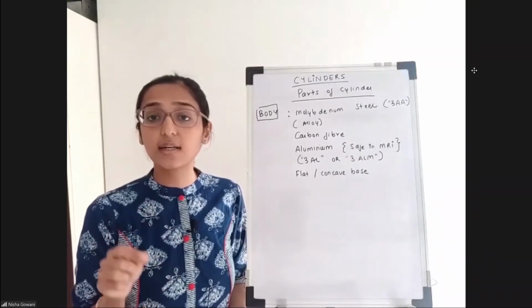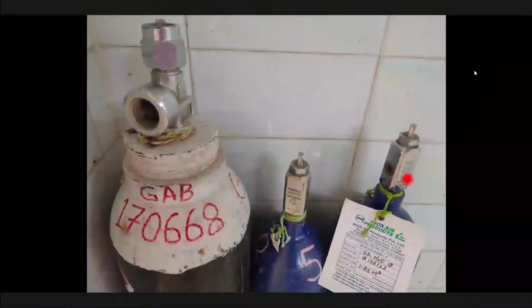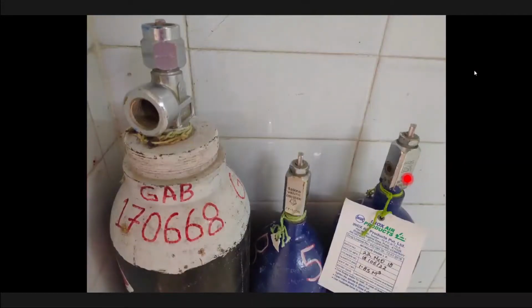Now let's understand more about the cylinder valves. Here we can see the image of different types of valves. This is the bull nose valve. This is the flush type valve. The valve material is made of bronze or brass. There is something known as the port. Where my marker is, that is the port of the valve, and it is through this port that the gases will leave the cylinder.